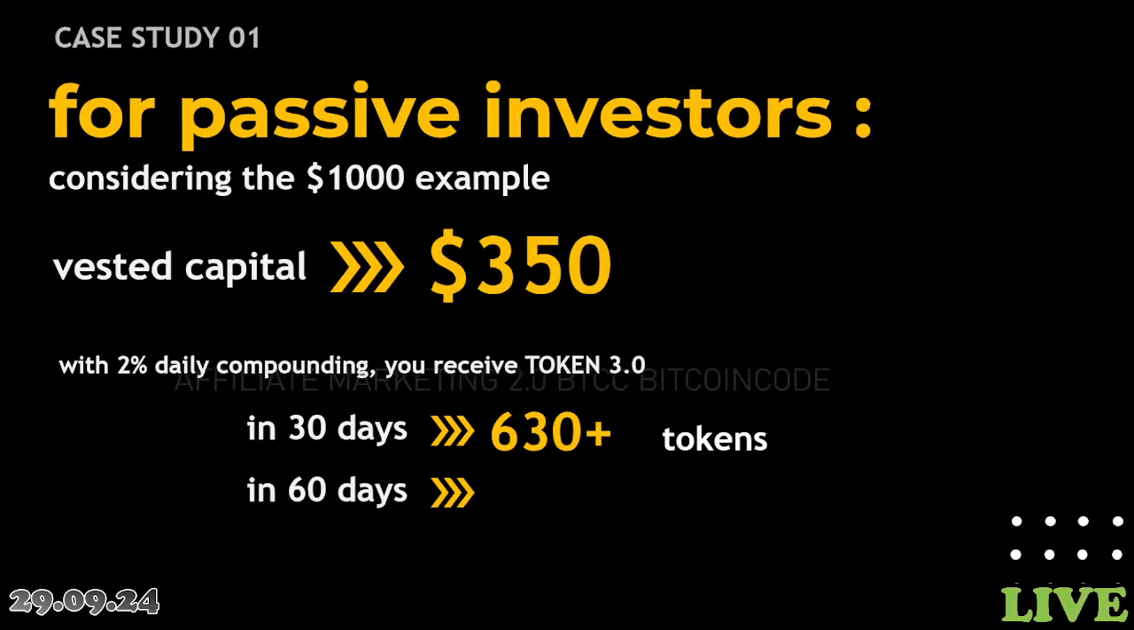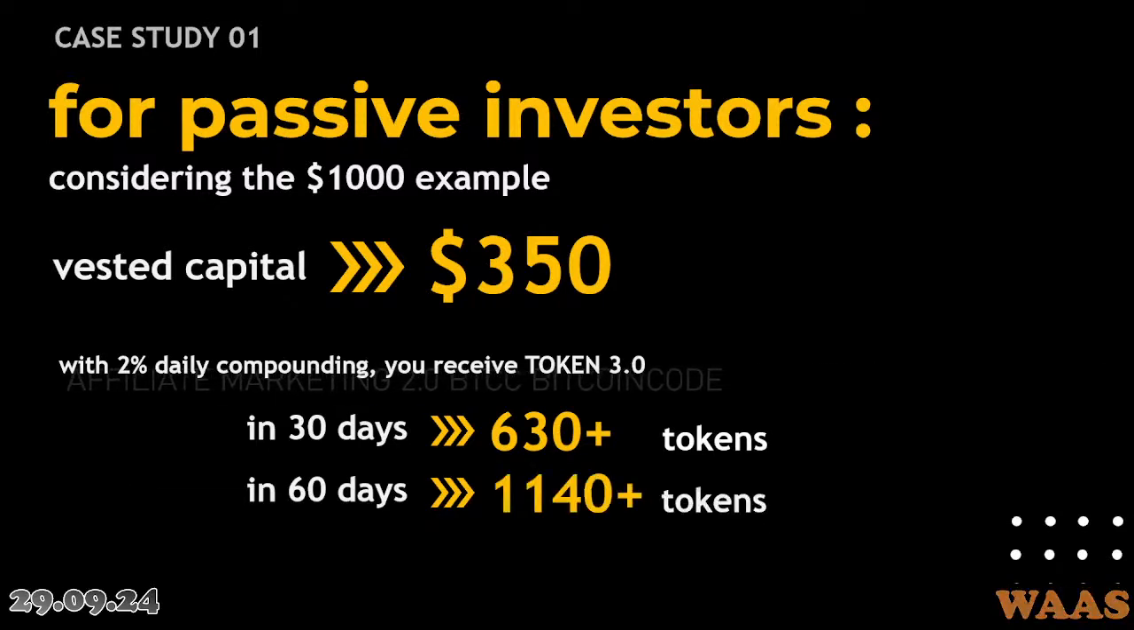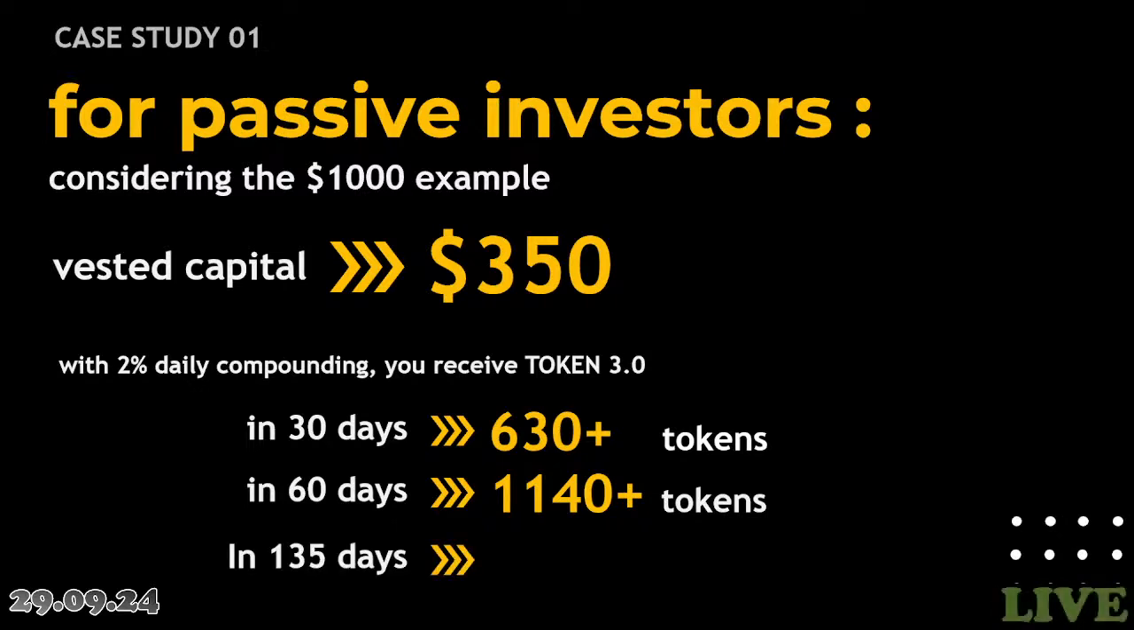And if you consider 60 days, you will receive almost 1,140 tokens. And these are token 3.0. All right. Now, Chavez has mentioned that the first allocation you will have in almost 12 to 15 weeks. So that's almost 3 months from now. So by 3 months, if anybody would have invested like $1,000, he would have more than, I believe, 2,000 tokens,